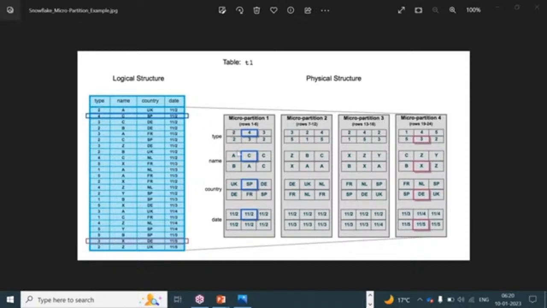Second column, name is A, and then country, first record is UK, and then date, first record is 11/12. So what is the advantage of having the columnar format? If you want to search data, instead of searching whole rows, it will traverse only in a single direction instead of checking all the data from all your micro partitions,